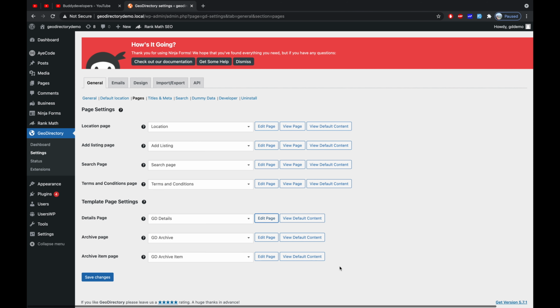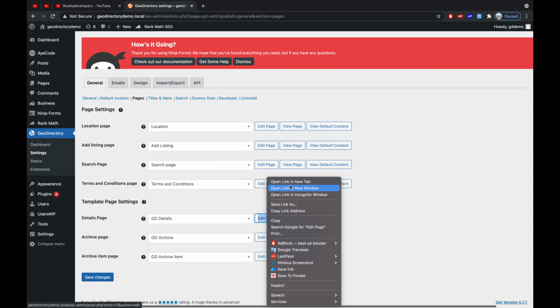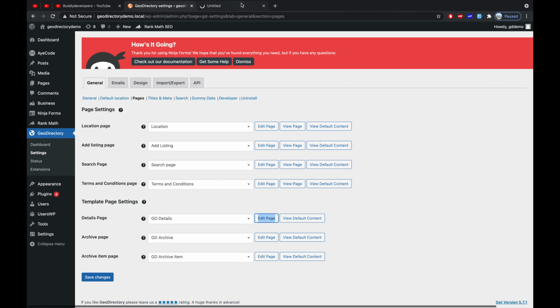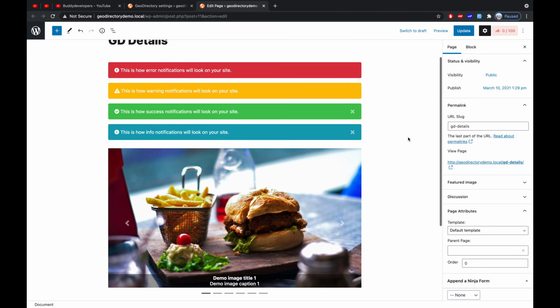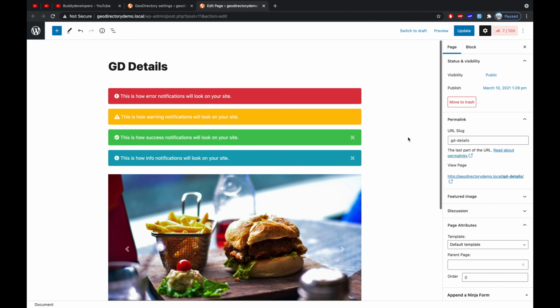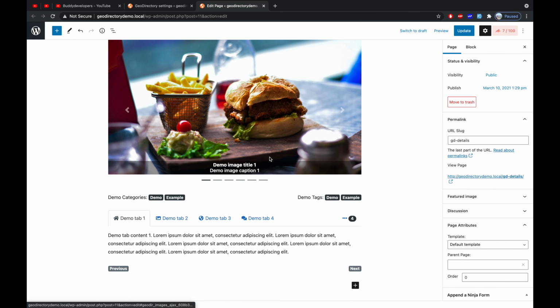So here we are in our setting page once again. Let's open one of the GeoDirectory templates. In this case we are opening the GD detail template, and this is basically a Gutenberg layout of the GD detail page where you can change the layout of this page